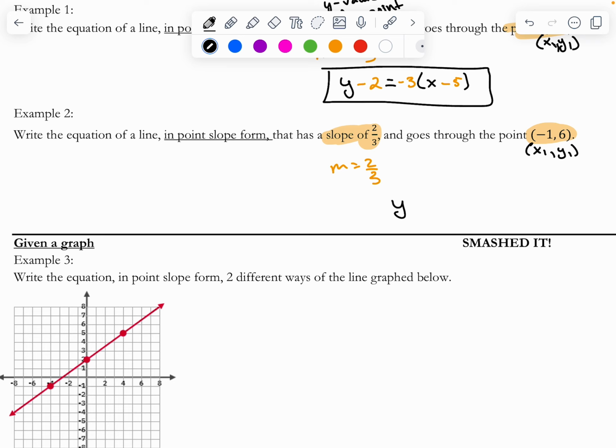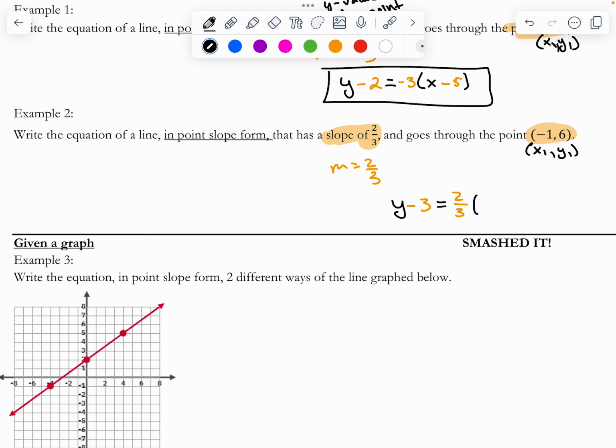So I'm going to have y. Notice that again, we have positive 6, so we're going to go ahead and plug this in as negative 6. And when I say plug it in, we're just plugging in a positive into negative 6. And I'll show you why it works like that, right? We plugged in y minus 6, so y minus 6 stays as y minus 6, even if the parentheses are there. Now we're going to have a positive, and actually let's go ahead and turn that into orange. This is going to equal my slope, 2 over 3,